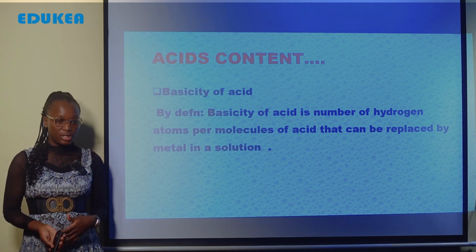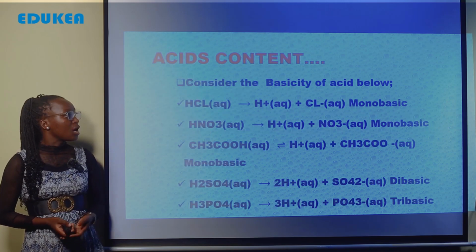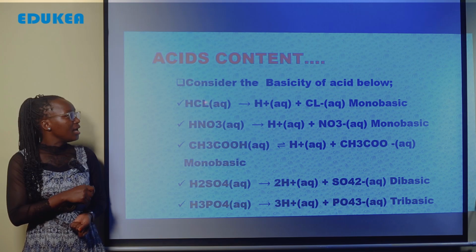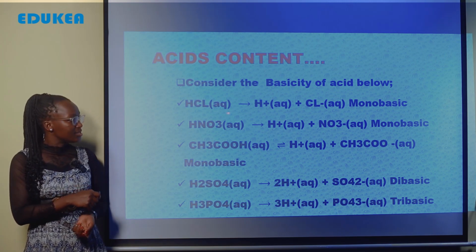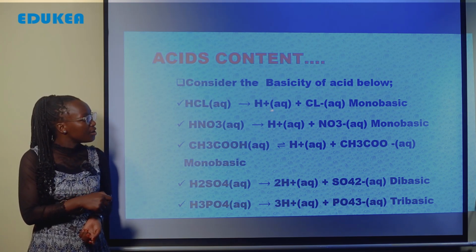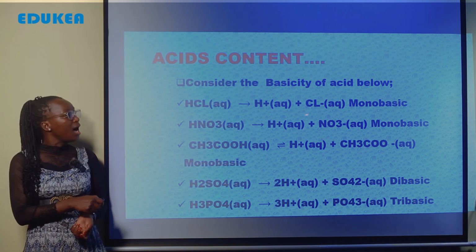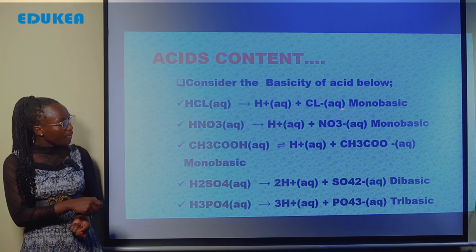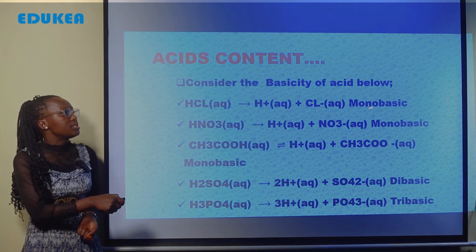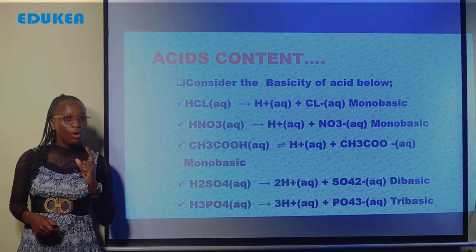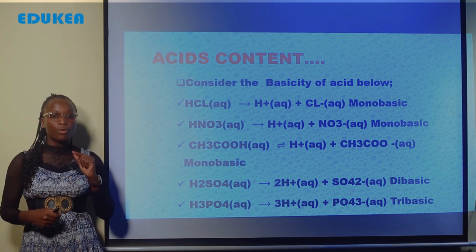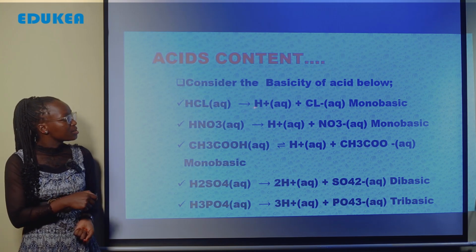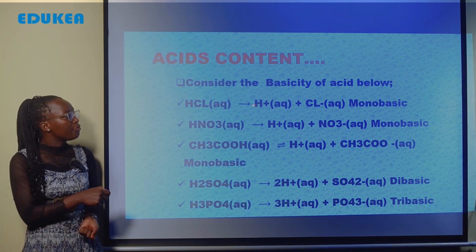Consider the basicity of acid below. You can see that here you have the acidic solution of hydrochloric acid, and it dissociates into hydrogen ion, which is a positively charged ion, and chloride, a negatively charged ion. But the basicity now is monobasic. Why mono? Because the number of hydrogen atoms per molecule is 1. You can see here, the number of hydrogen atoms is 1. And also